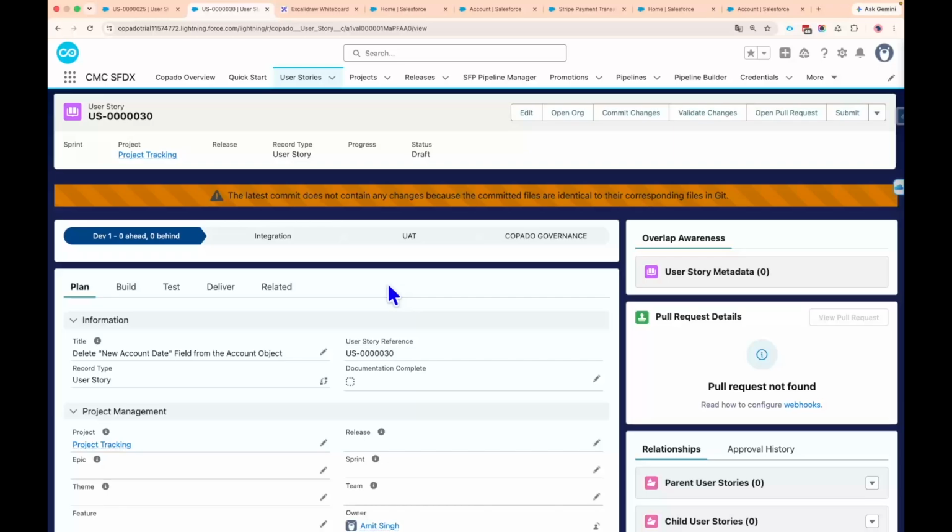Now what has happened, as I said, by mistake I clicked on commit without changing the base branch. What we have seen is it says that the latest commit does not contain any changes because both are identical. The reason is that the field which we wanted to delete is not available in the main branch. So while committing the changes, what the developer needs to do is figure out what all